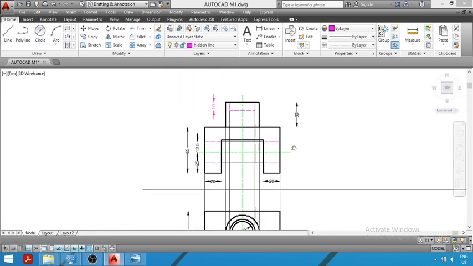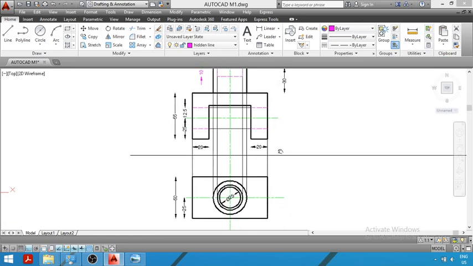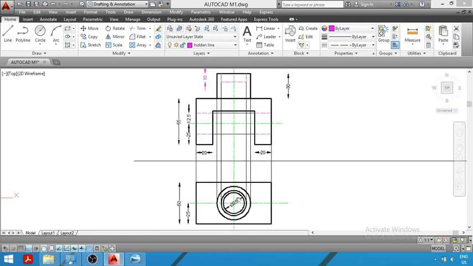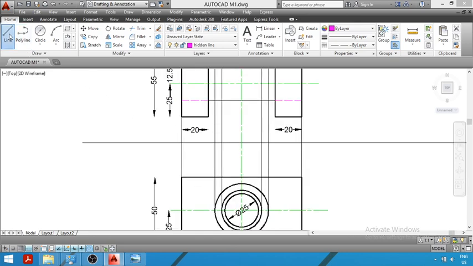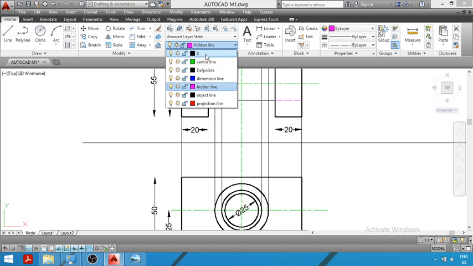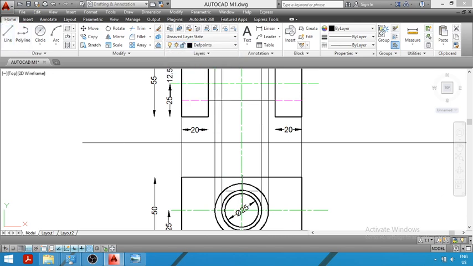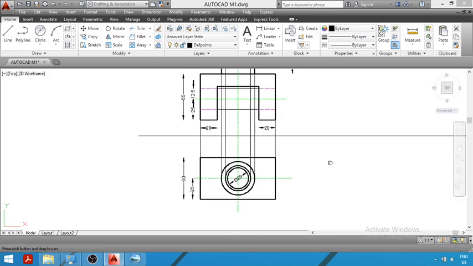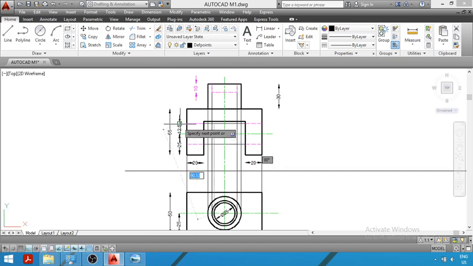Now in the next step we will draw the lower hole. Now the lower hole is having a diameter of 25 mm. For drawing the lower hole, it is very simple. Just project the points in the same manner on the upper side. So we will select this first point. This is my first point. I will project it on the upper side. I will project it till here.